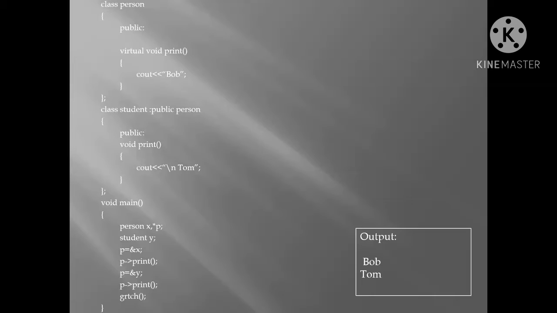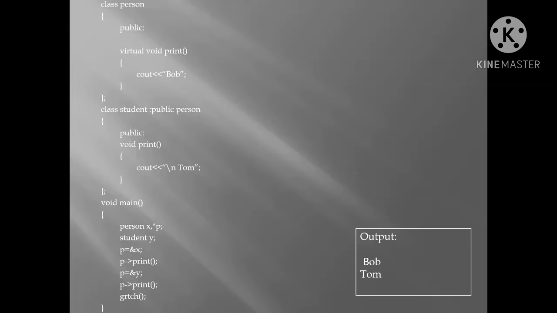When your base class and derived class function names are the same, in such case you are going to declare the base class function as virtual function. Then you will get the answer from both the classes, that is base class and derived class. Otherwise you will always get only one answer from base class.